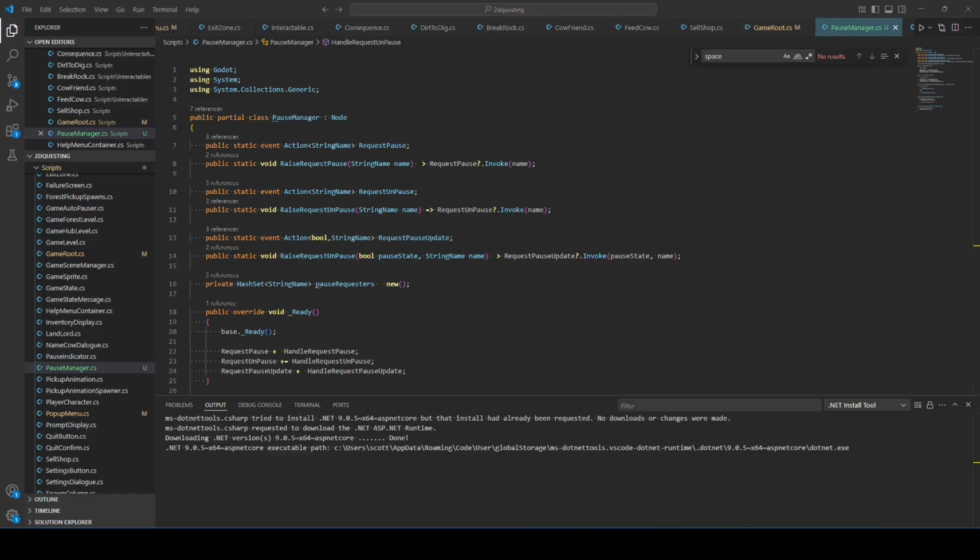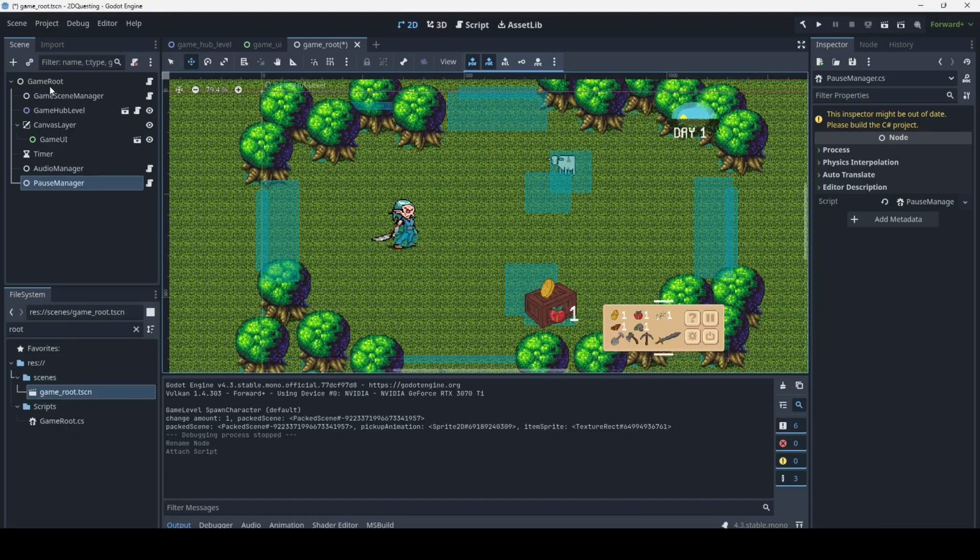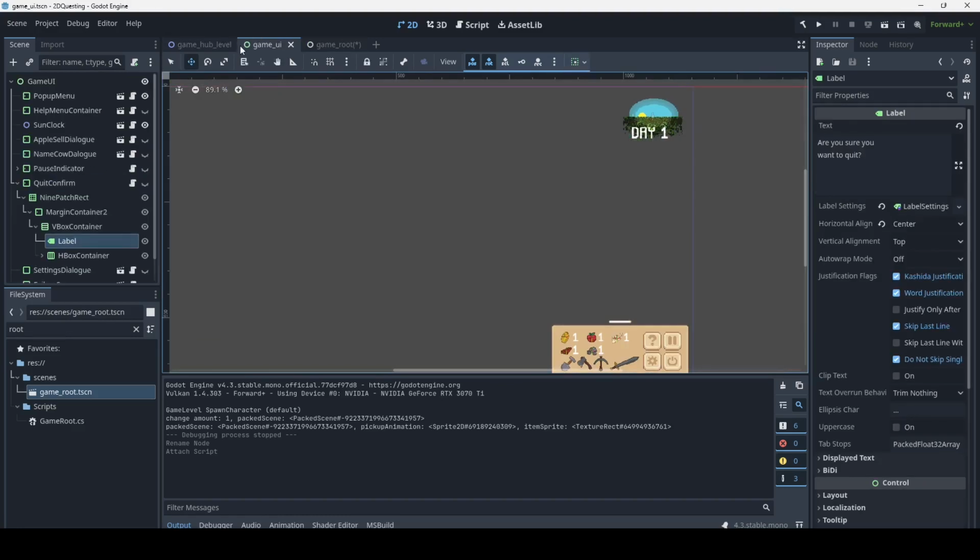It's hanging out as a child of the game root. Nothing else actually needs to know that it exists, really, but we need to go into all the things that pause the game, which I created a different script for that I thought would help me out, and it didn't really. Well, I mean, it did, but